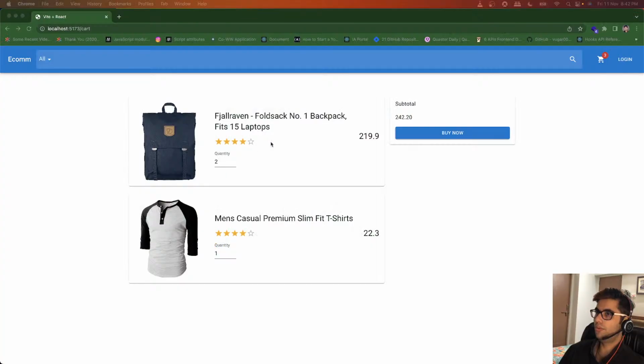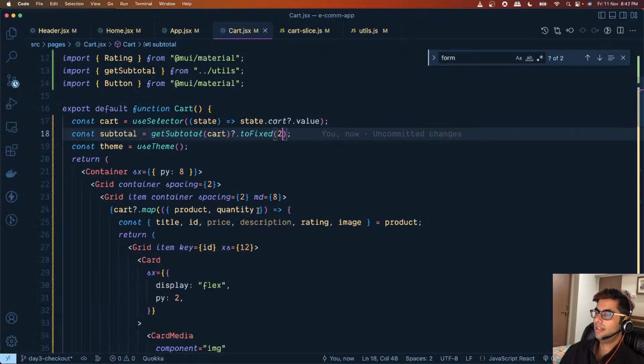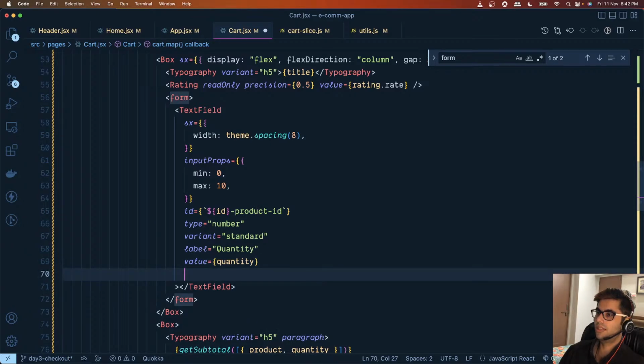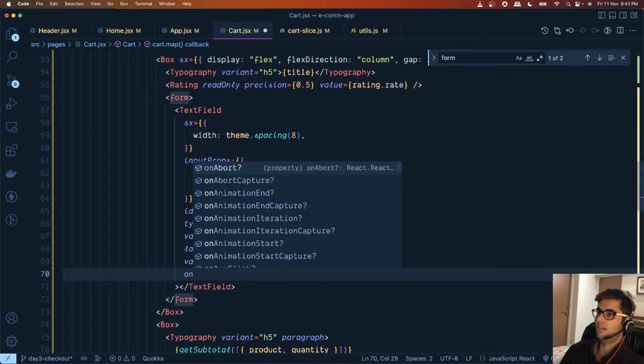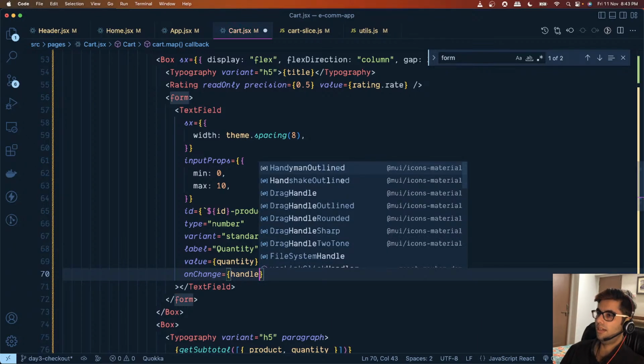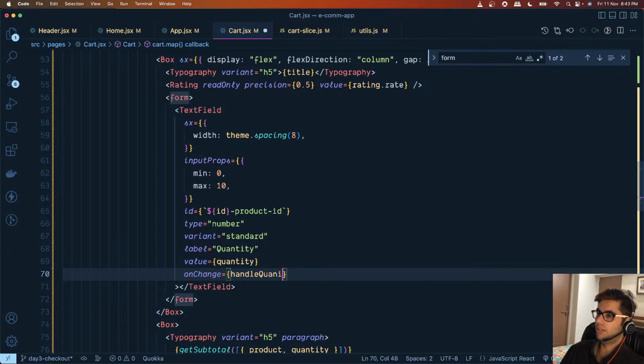We'll set it to 2. So it was showing all the values in up to 2 decimal points. And let's work on the logic where we are changing the quantity. So on change handle quantity